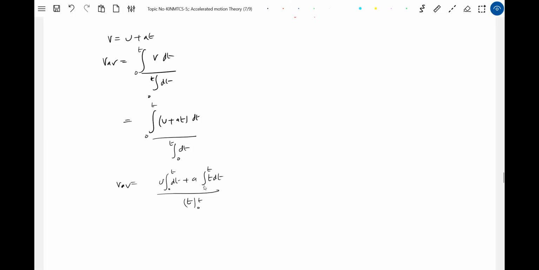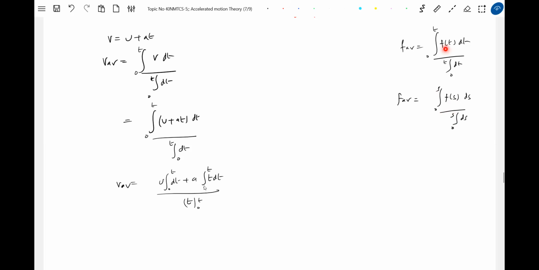So there's a basic definition. If you want to calculate the average of any function, there's a thing. So what is actually the basic? The average value of any function can be a function of time, or it can be a function of position also, if the function varies with position. Not only with time can you calculate it. If the function varies with position, or a change in position, you can define the average value like this.